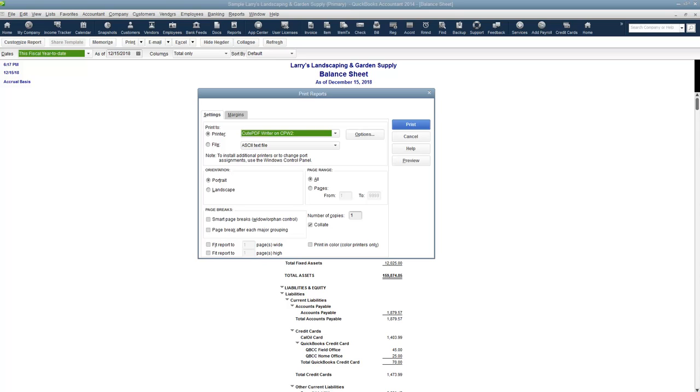And what I want to stress is you need to fit the report to 1 page wide. I'm not necessarily concerned with how high it is. I am concerned with how wide it is. If you submit to me reports that are more than 1 page wide, I'm going to send you an email and send them back to you and require you to reprint them. When the reports are more than 1 page wide, it is extremely difficult for me to